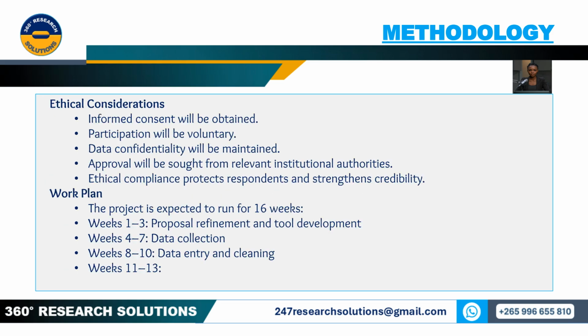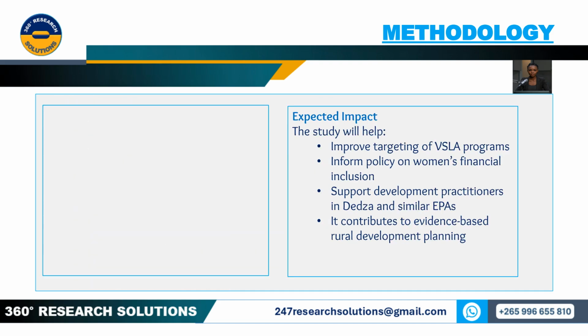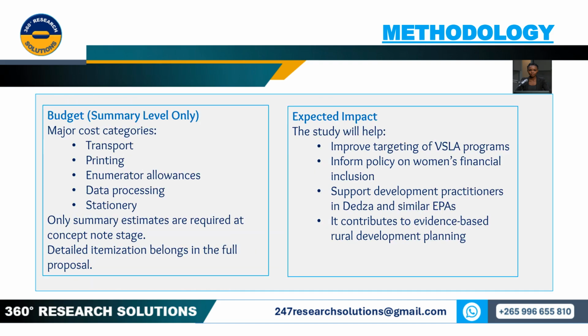Ethical considerations include informed consent, voluntary participation, and data confidentiality. The work plan is projected for 16 weeks, covering proposal refinement, data collection, analysis, and report writing. The budget summary includes major cost categories like transport, printing, and allowances. Only summary estimates are needed here. Detailed itemization belongs in the full proposal. The expected impact is to improve VSLA program targeting and inform policy on